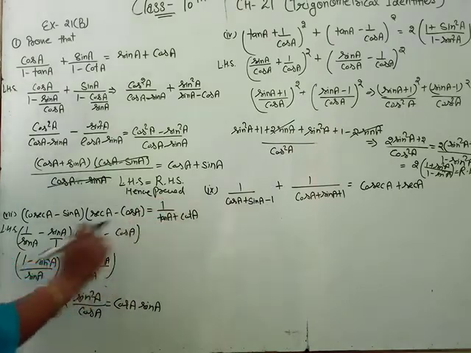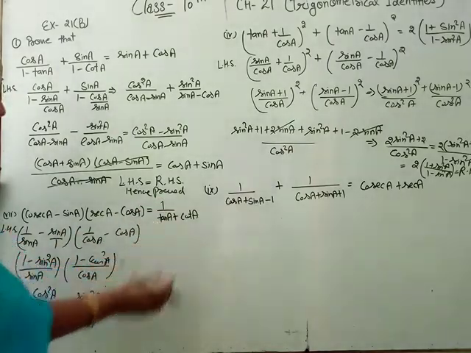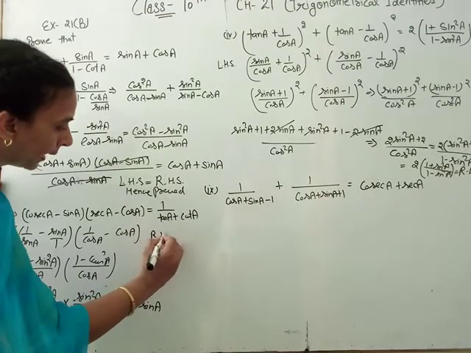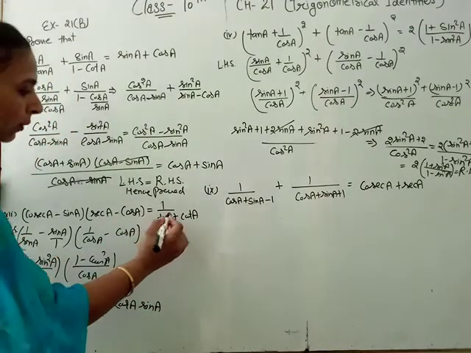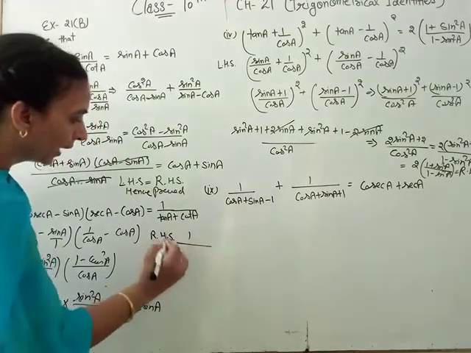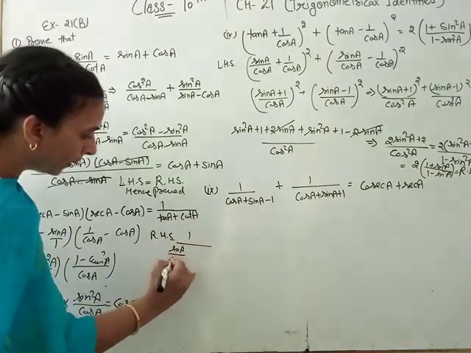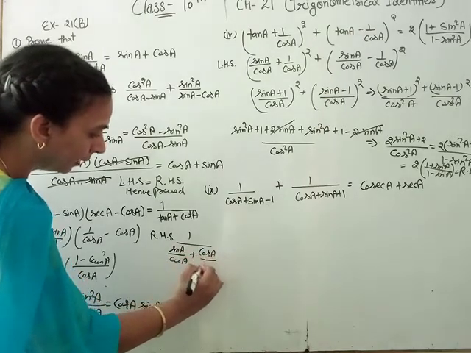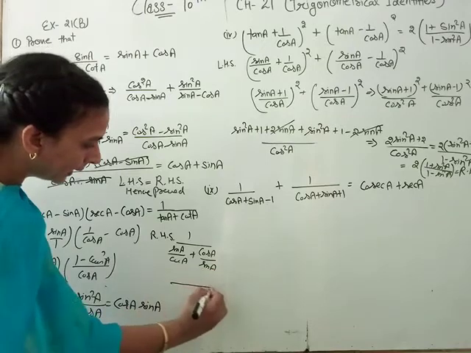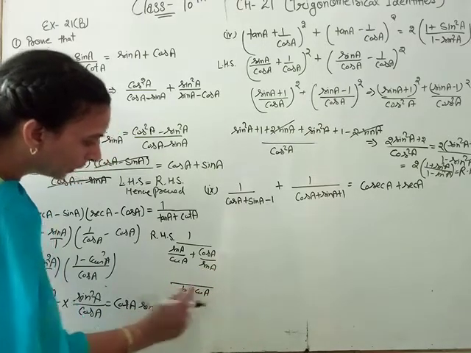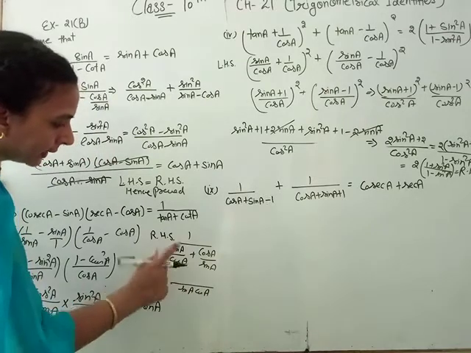Now we take the right hand side, because we change this according to this. So we take the right hand side: 1 by tangent A plus cotangent A. We write tangent as sin A by cos A and cotangent A as cos A by sin A. Take the LCM, the denominator is sin A cos A. Cos cancels, giving sin square,